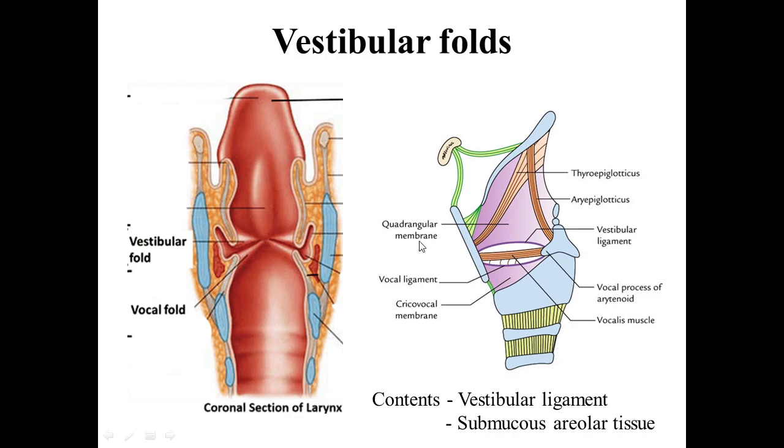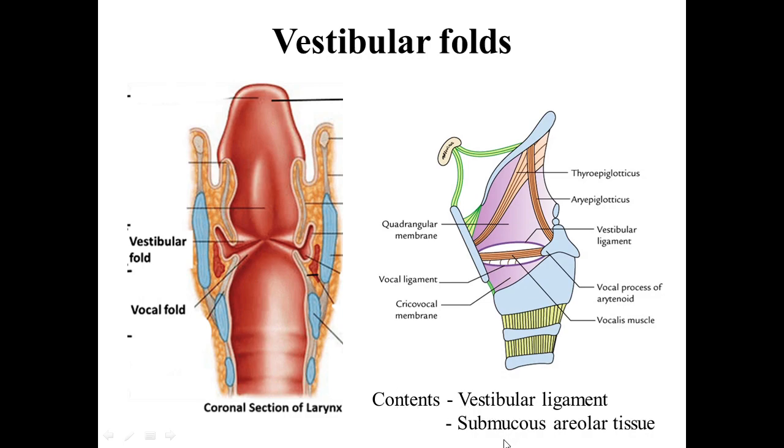Then the next fold is the vestibular fold. So below the aryepiglottic fold, there is another mucosal fold, that is the vestibular fold. These are a pair of vestibular folds. These vestibular folds are mucosal folds lined by ciliated columnar epithelium, and these vestibular folds contain vestibular ligament